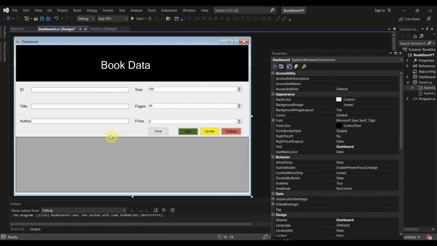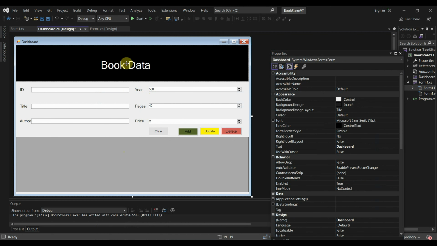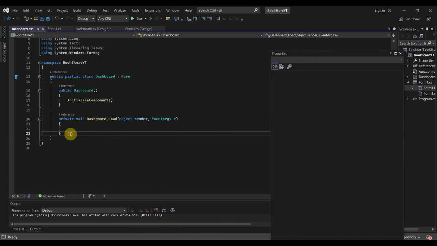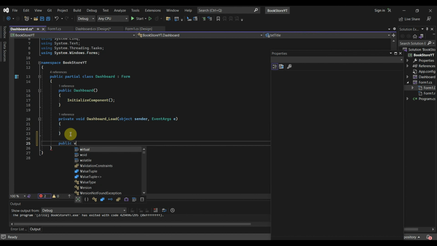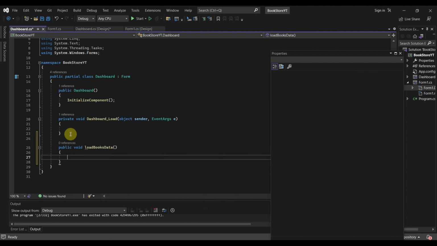Just double click on the project, not on the data grid or any text area. Just click on the whole window and double click dashboard load. But first of all, we are going to create a method. Click void and let's call it load books data. It will be a public method and we are going to need again